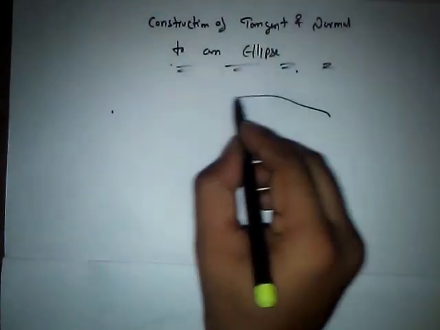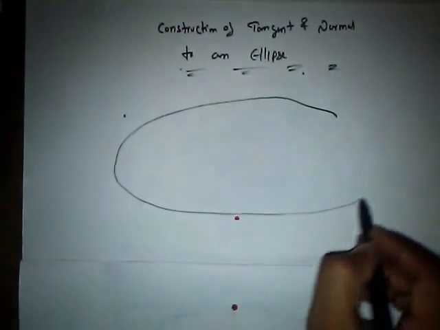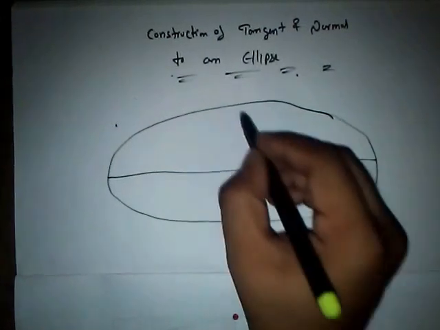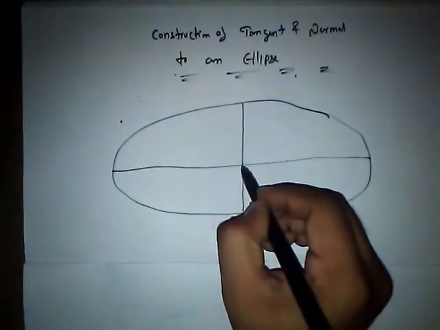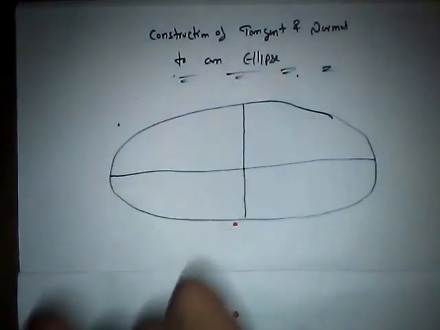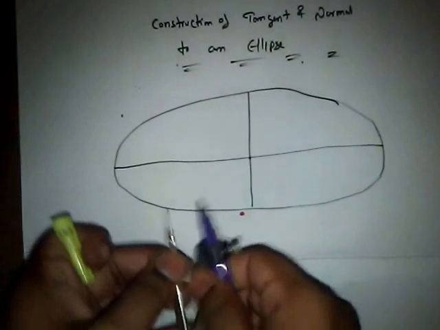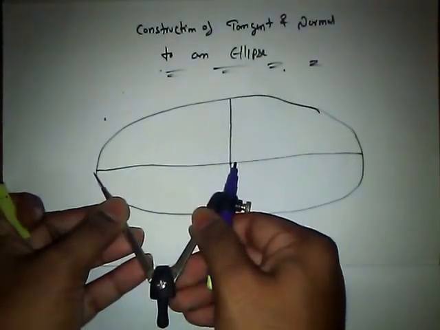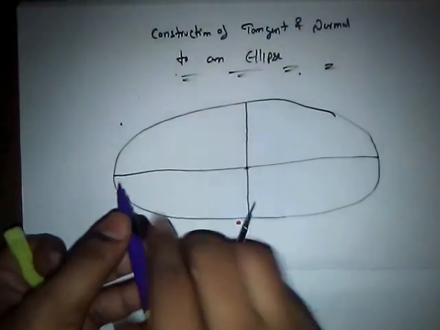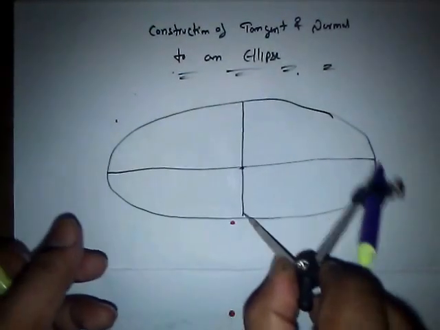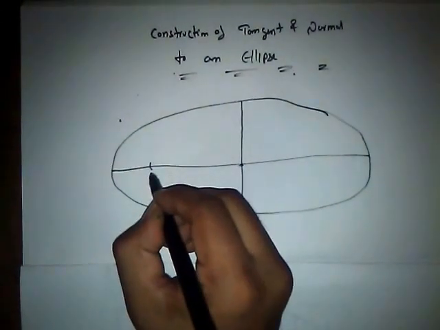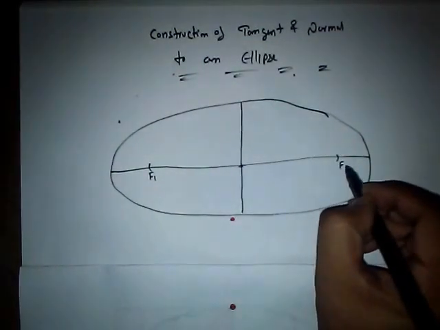If we are done with the construction of an ellipse using either the arc of circle method or the oblong method, it is going to have the major axis in this manner, and the minor axis in this way. We need to get the focus points F1 and F2 on the major axis. We know the procedure: take half of the major axis as radius and one end of the minor axis as the center, and cut arcs over here and over here. That is the procedure in which we get the foci, F1 over here and F2 over here.